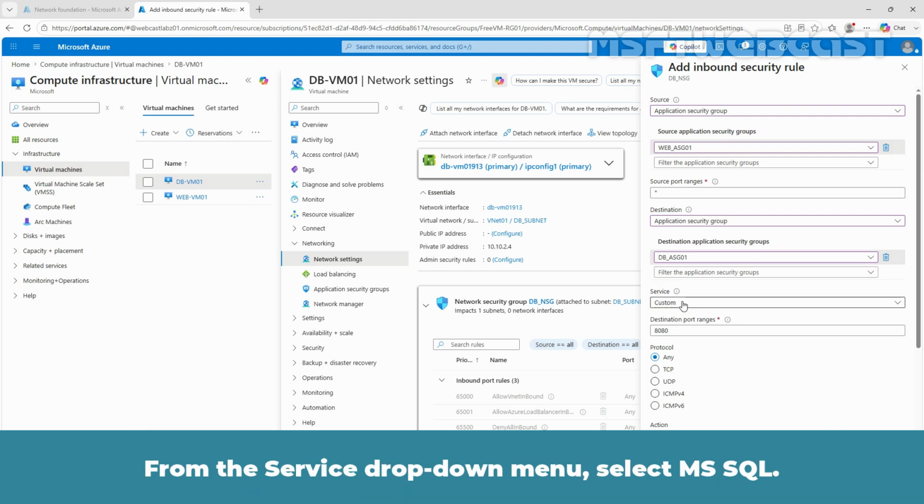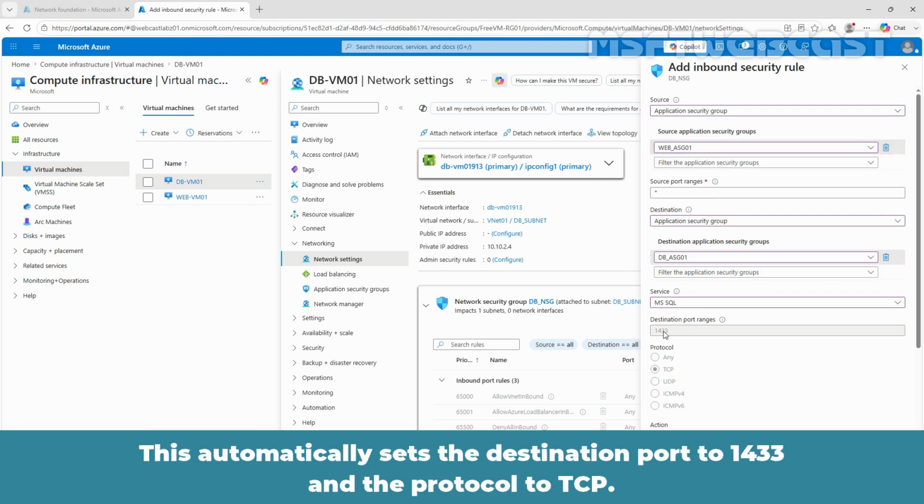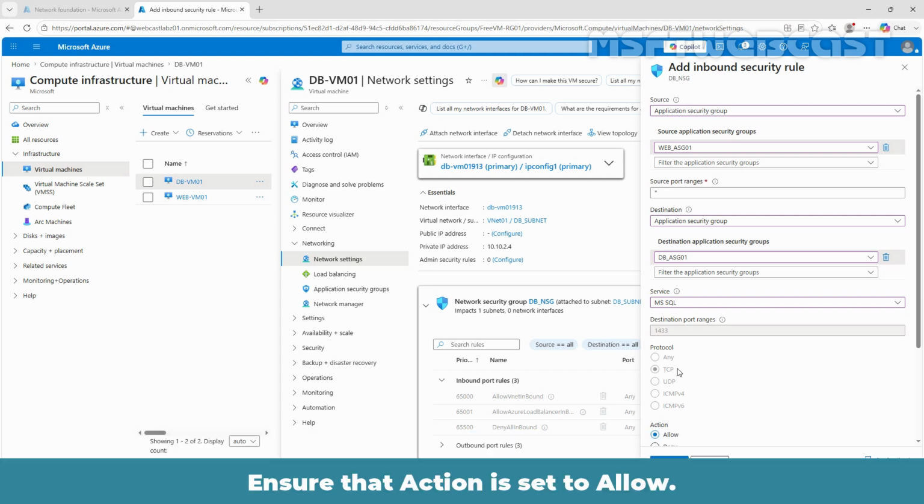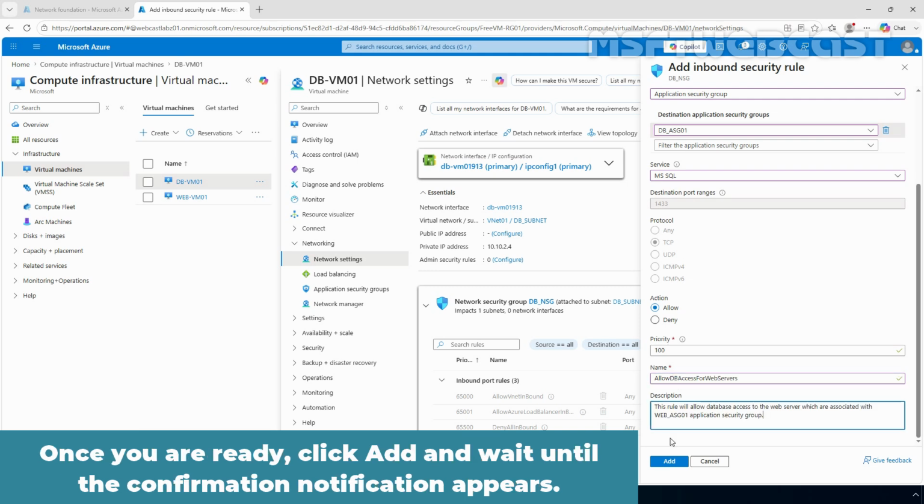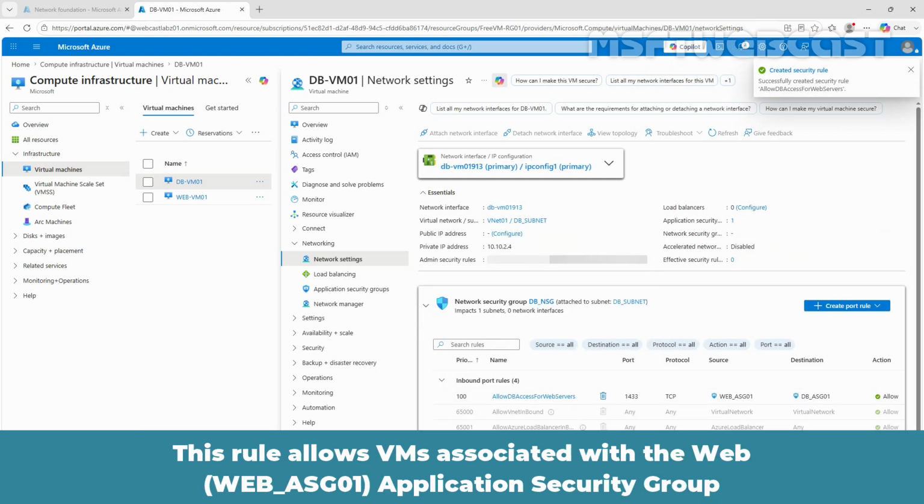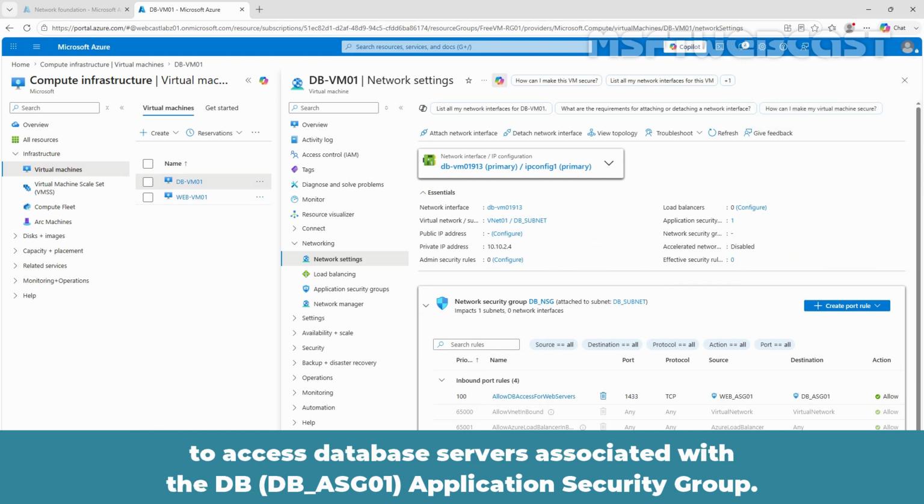From the service drop-down menu, select MS SQL. This automatically sets the destination port to 1433 and the protocol to TCP. Ensure that action is set to allow. Set the rule priority, provide a name for the rule and enter an optional description. Once you are ready, click Add and wait until the confirmation notification appears. This rule allows VMs associated with the Web Application Security Group to access database servers associated with the DB Application